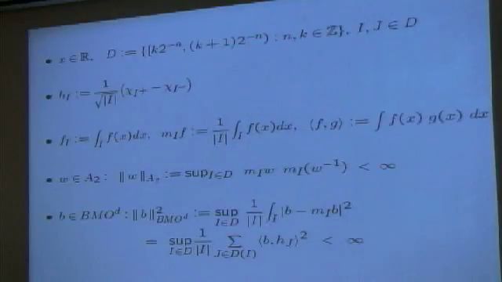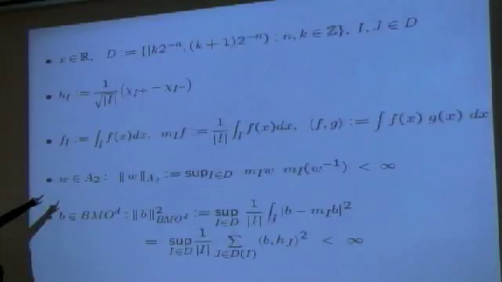And let's see, I will use the f sub I notation for the integral over the dyadic interval I of a function f. I will use m sub I of f for the average. And the dot product of f and g is the angle parenthesis, okay? All right, we need the definition of the A2,